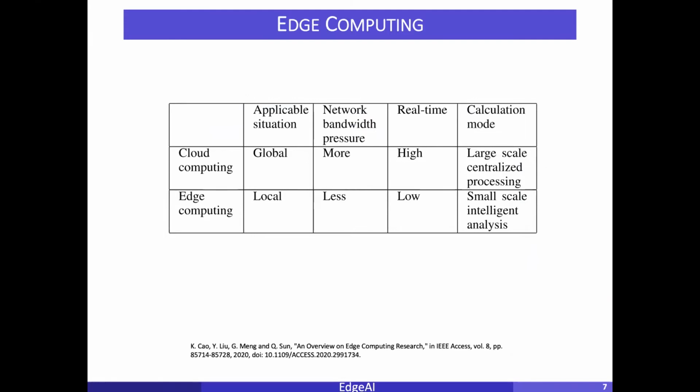So then what are my scenarios for applying cloud and edge? Basically, when we talk about the cloud, it is applicable to global policies, and the edge is more or less local. And the network pressure in a typical cloud is huge because the data center is connected across all the locations, and hence you would see a lot of network load. Compared to that, the edge has connections only with a set of devices.